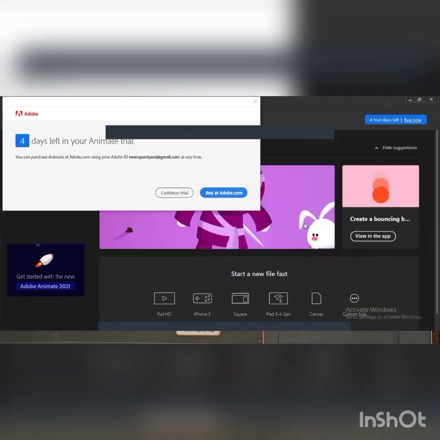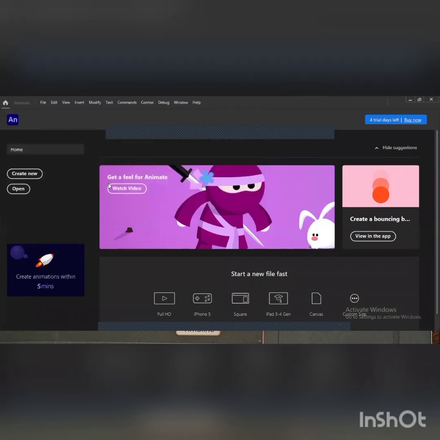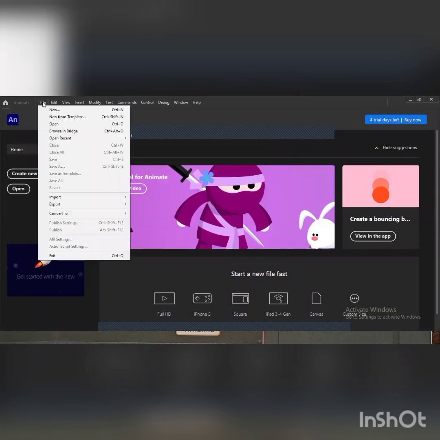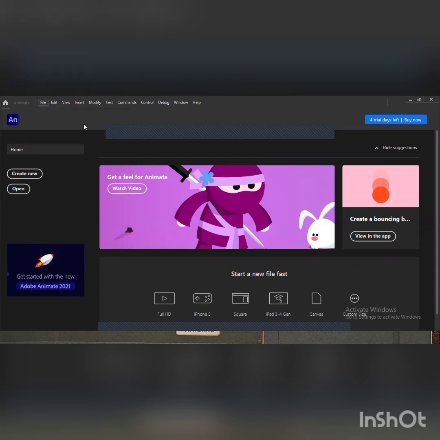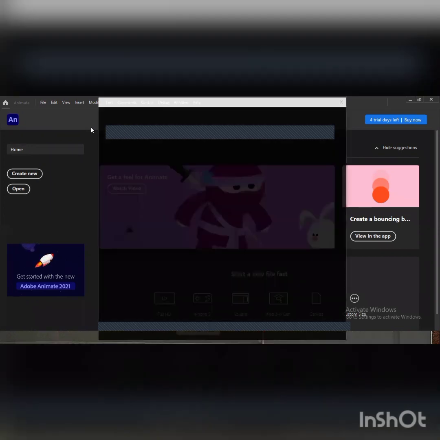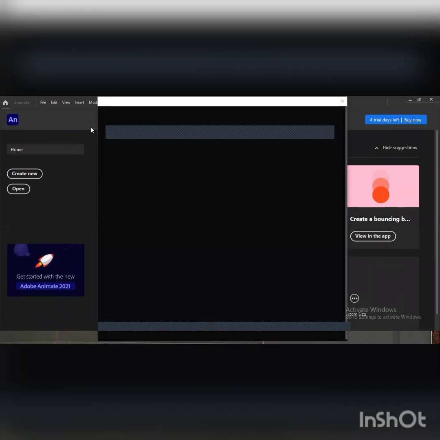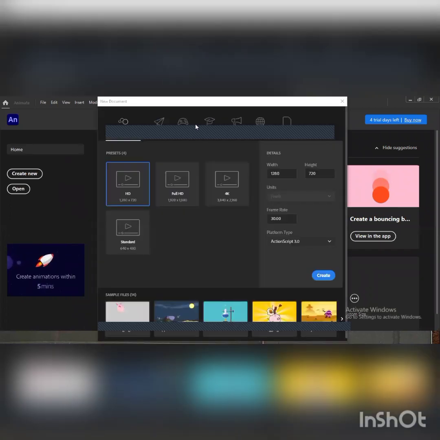So when you open Adobe Animate, firstly you can look at here, click on the File menu and then click on New. The shortcut key for New is Control plus N. When you click on the New option, or press Control plus N, the new document dialog will be opened.